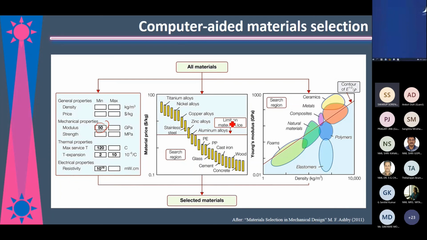Similarly here, if you fix the metal price, then all the materials which are higher than this price will not be selected, and you will be searching in this region. Similarly, if you fix, as I told you, this number for a beam, then you fix this line, and all these materials below this line are out of screening. They will be screened out, and you will have options of these materials only. So you can have multiple constraints, and your software will